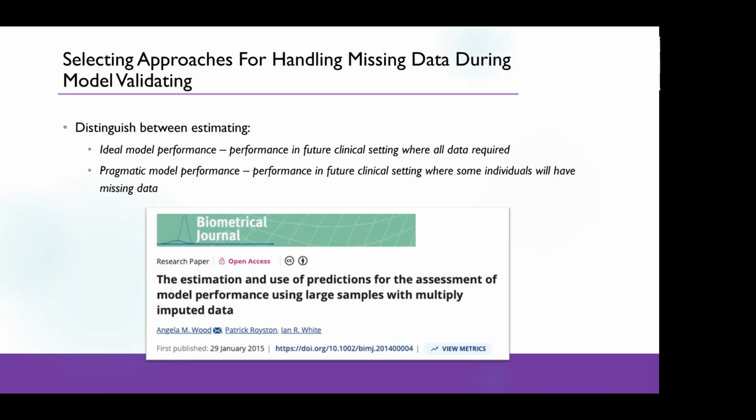Okay, so that's development. For validation, I think it can be useful to distinguish between two things. The first is ideal model performance, where you're trying to estimate the performance of the model where all data is required, versus pragmatic performance, as this paper calls it, which is the performance in a future setting where some individuals have missing data. This is another way of representing what I've just been saying so far. Okay, so if we have those two definitions in mind,